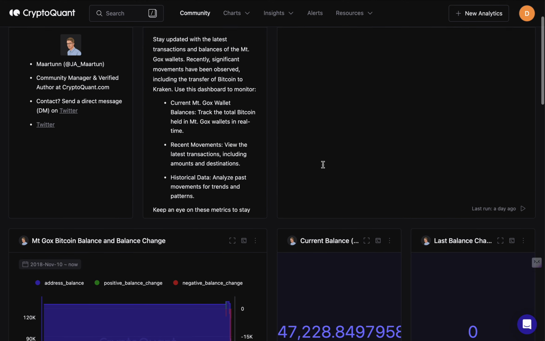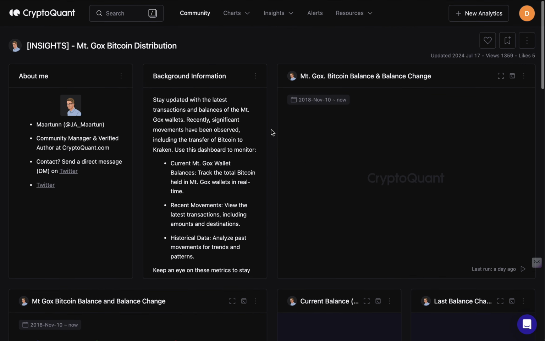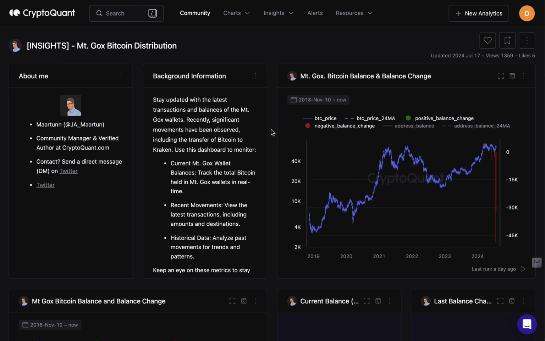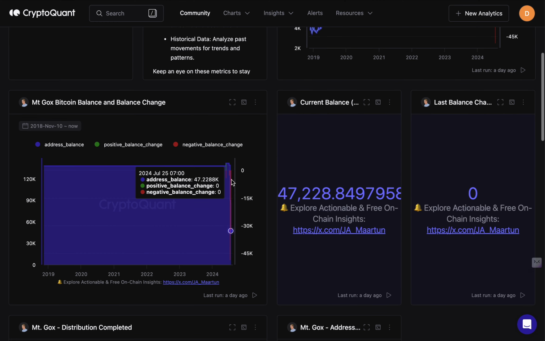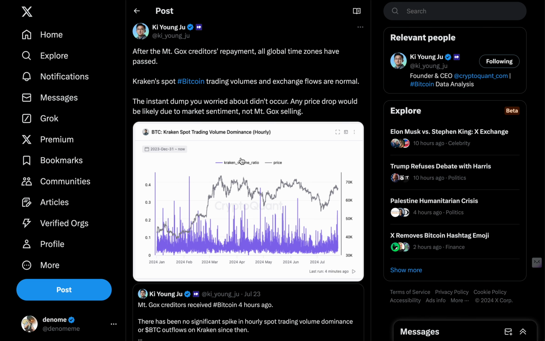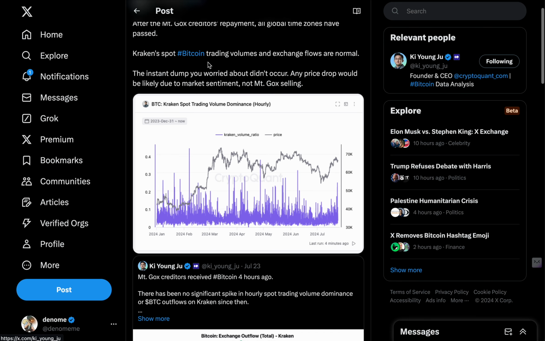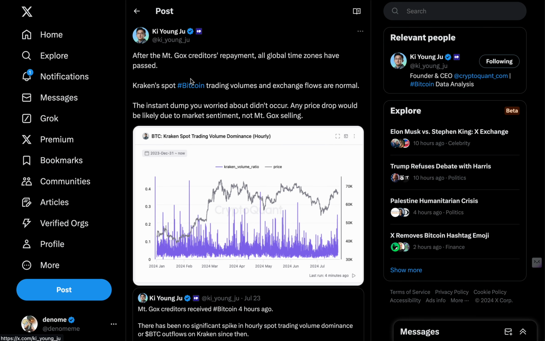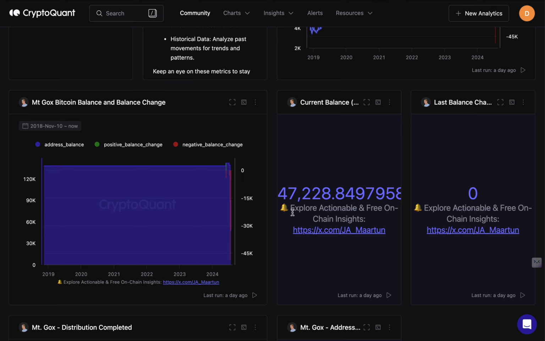Next up, let's talk about the Mt. Gox Bitcoin reallocation. As you probably remember, Mt. Gox had 141,000 Bitcoin in their reserves, and so far they have distributed about half of the Bitcoin. Kraken has already distributed all of their Bitcoin. I think they had about 41,000 Bitcoin, if I remember correctly, and all of those have now been transferred. Mt. Gox still has 47,000